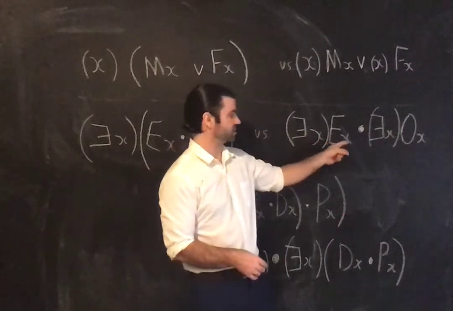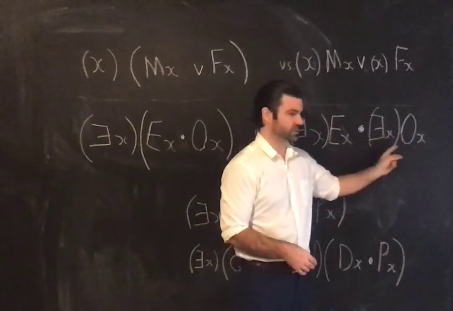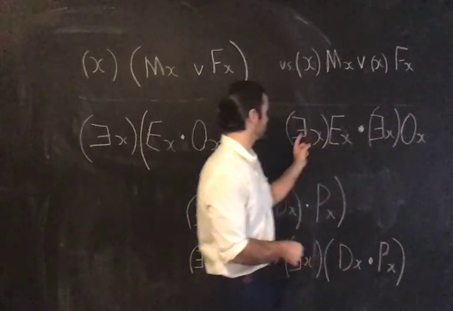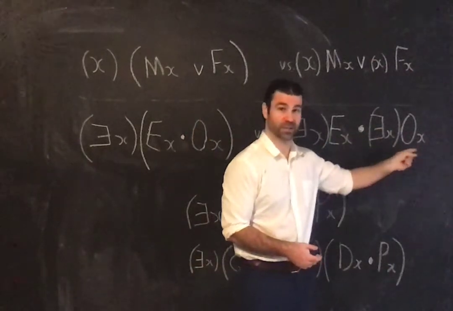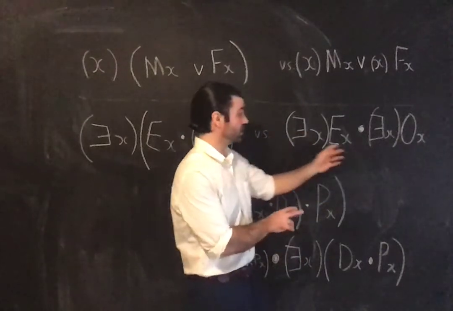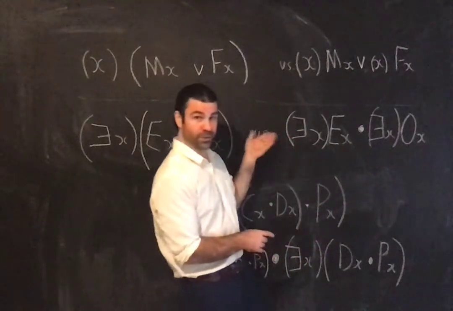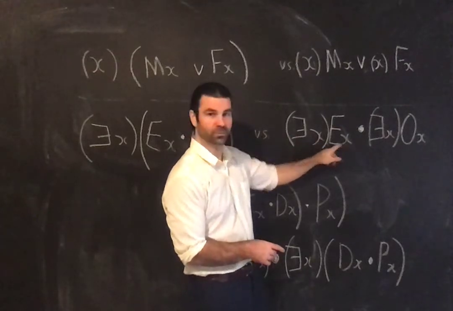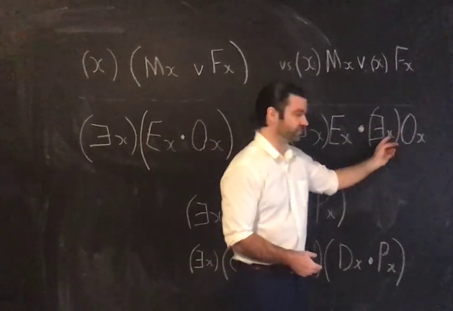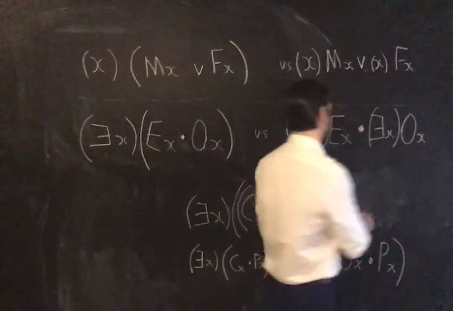There exists an x such that x is even, and there exists an x such that x is odd. Once again, this would say exactly the same thing if we replaced both of these with y, or both of these with y. That is to say,